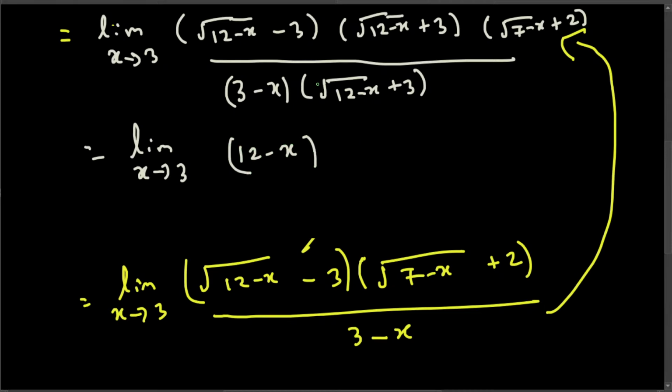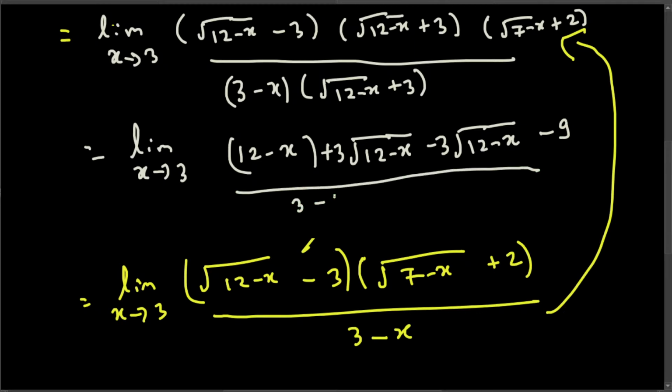And then square root of 12 minus x times 3, that is plus 3 square root of 12 minus x. And then next thing is negative 3 times square root of 12 minus x, that is negative 3 square root of 12 minus x. And the next one is minus 3 times plus 3, that is minus 9,